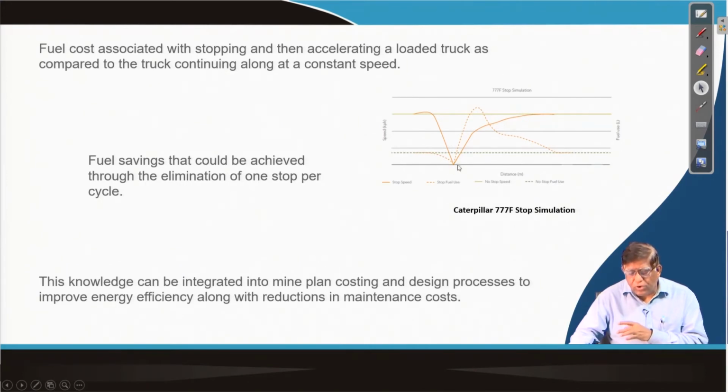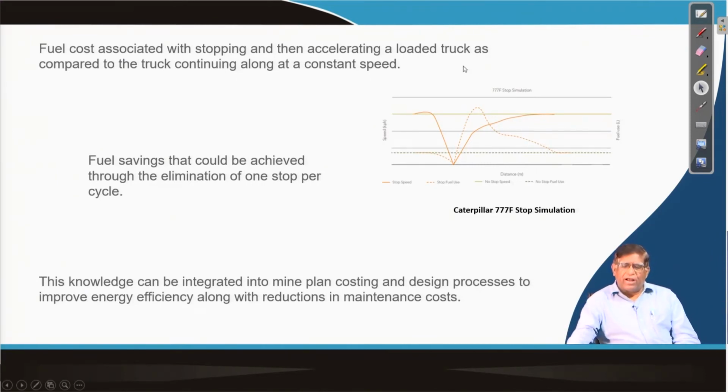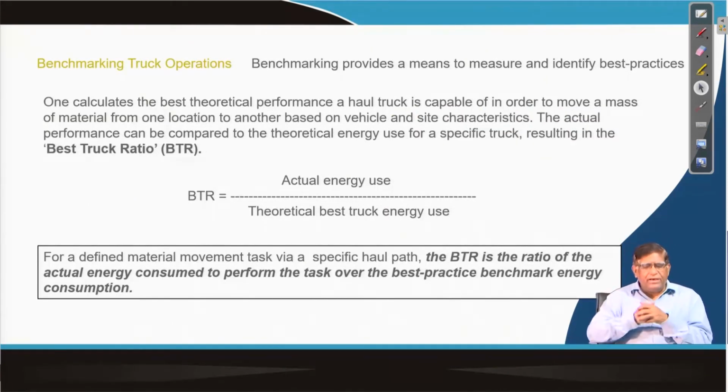Now, you see, if this stop were not there, this would have been your fuel consumption line, but because of this one stop, you can see that the fuel consumption increased up to this much. The area under this curve is the increase in fuel consumption. So, this shows that while you are trying to improve performance in terms of fuel consumption, the stoppages of the fully loaded truck need to be reduced. This type of analysis can be done while you inspect your mine, and the mining layout can be improved.